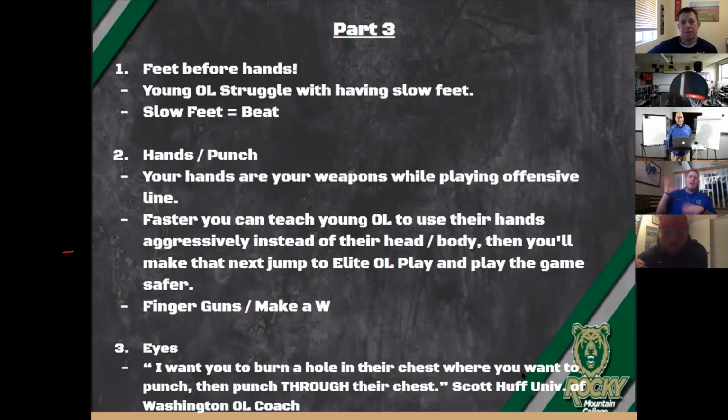So my outside hand usually punched the outside shoulder, inside hand punched the inside shoulder. I punched high and low, so you had a high-low hand. But I did it both ways. As a center, I two-hand punched all the time because I know if I had a guard coming with me in pass pro, I can go for not necessarily a kill shot, but I can jump set and get hands on. The problem that the tackles are having in today's game is the D linemen are getting